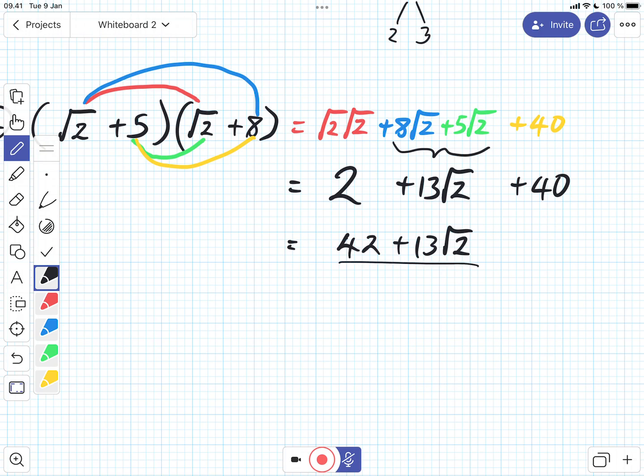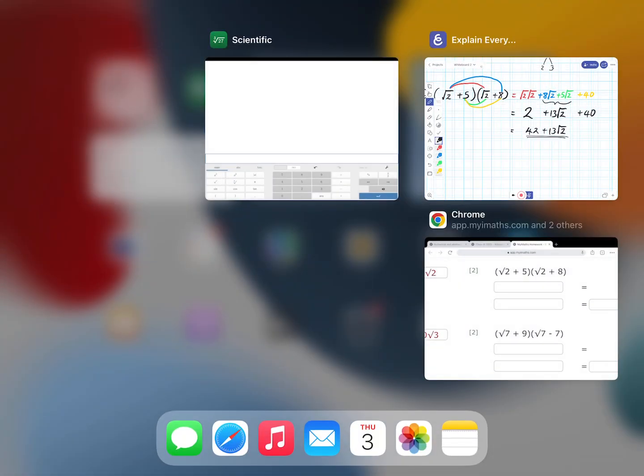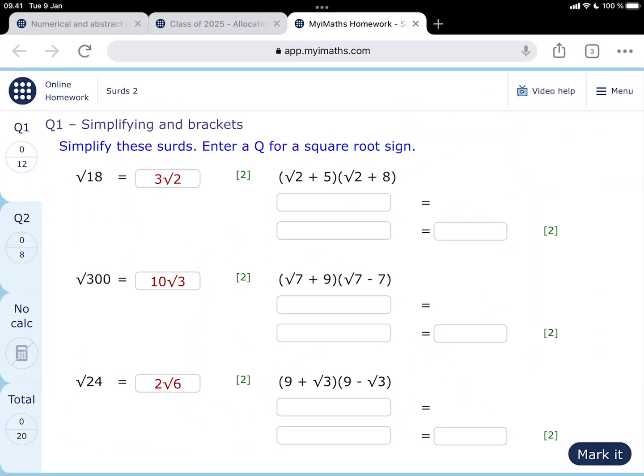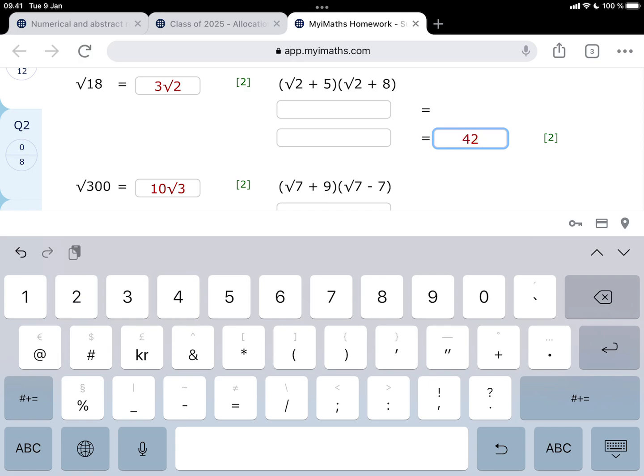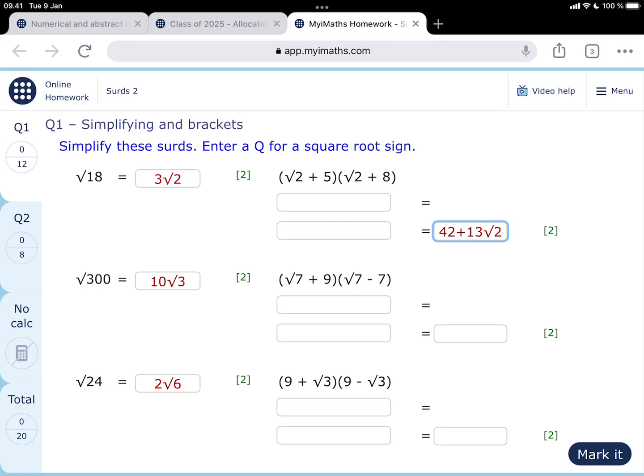Let's just underline that. You should do that with a ruler in your exercise book, of course. 42 plus 13 root 2. Let's put that in there. So 42 plus 13 root 2. They've given you some extra spaces there. That's just for the steps in the working that I did on my exercise book there. I'll not put them in there. They're not marked. So the 2 marks that you see there will be given for the final answer in the